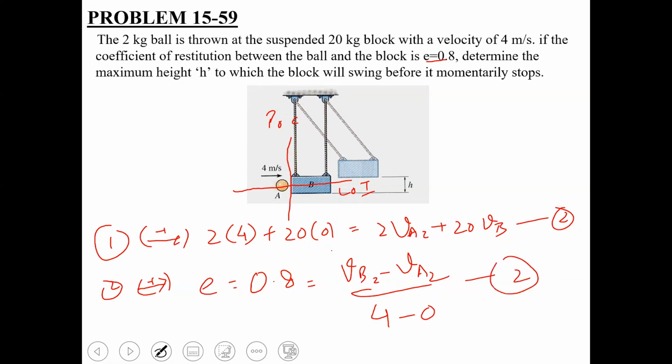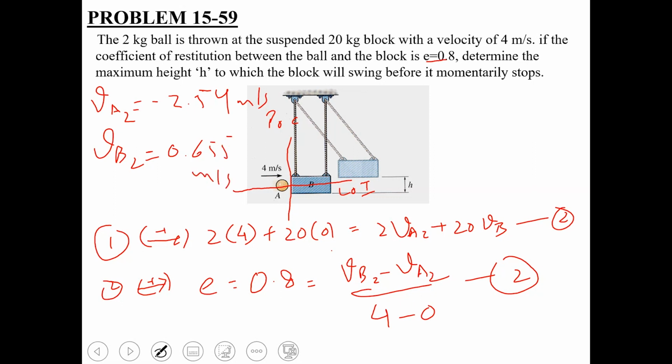So this will give us the second equation in terms of VA2 and VB2. Once we solve these two equations simultaneously, they will give us the value of VA2 to be equal to minus 2.54 meters per second,